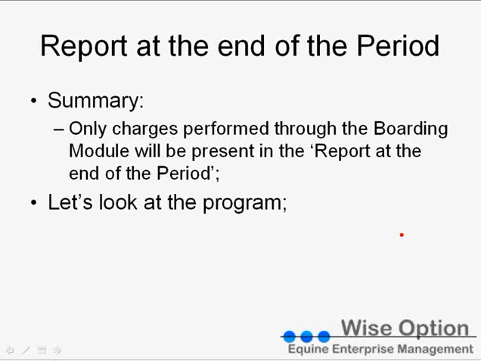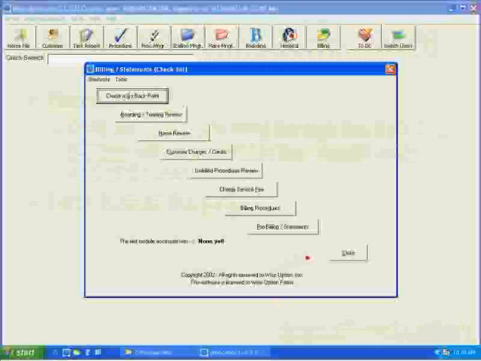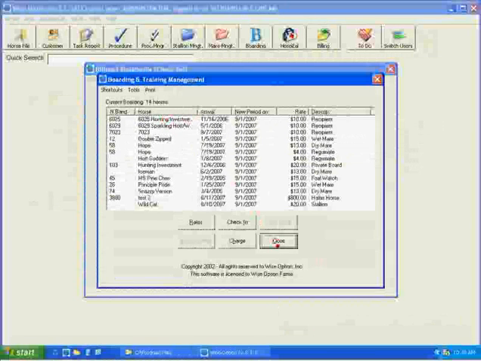Reports at the end of the period. Well, there is a simpler way. Let's see first the summary for this. Only charts performed through the boarding module will be present in the reports at the end of the period. And let's take a look at the program. Some people go ahead and do all that change, and before coming here to the boarding module and using the button to charge it over,